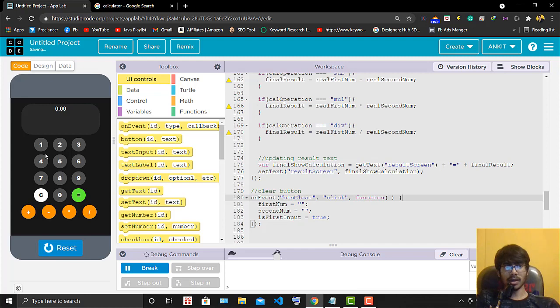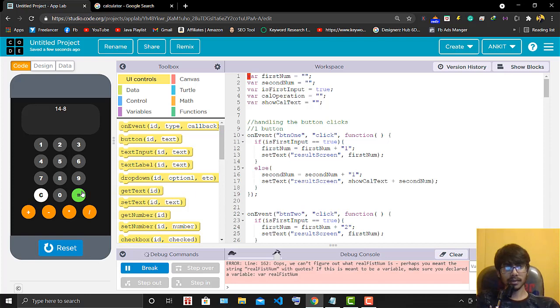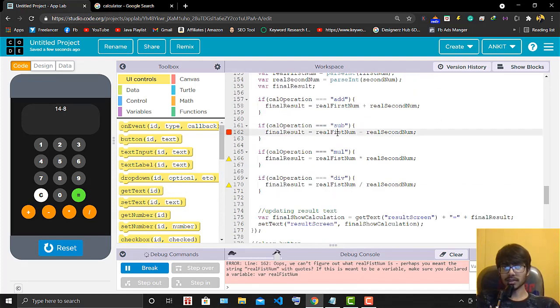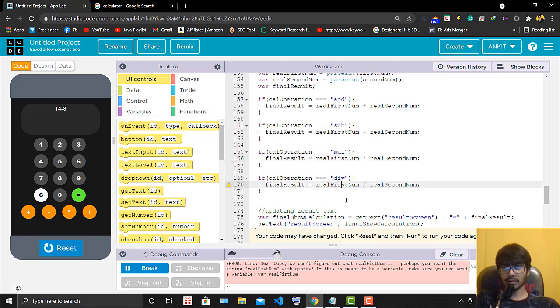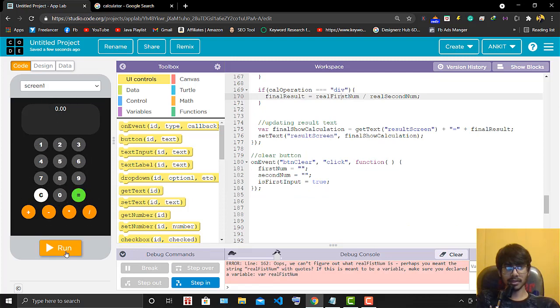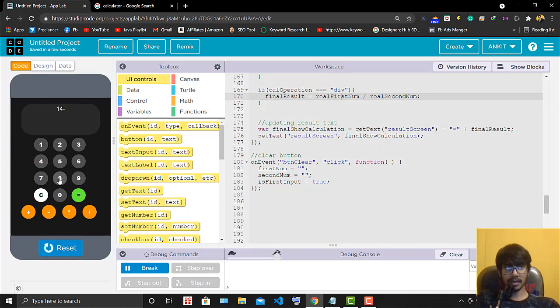Let's run our code, and when I just click 14 minus 8 equals, now look, oops, we are doing the same, we have done the same mistake, so we have to make it clear. And here there will be r in each case. And now hopefully it will run again. So 12, let's say run, and 14 minus 8 and equal, so 6 it is getting. Okay, now when I just put clear C button here, now look, it's not doing anything. Actually it will work. Okay, 125 minus 5, it will work, but it should be like 0 0.